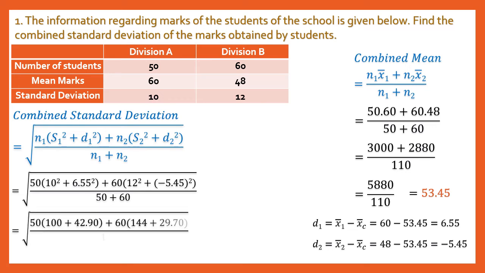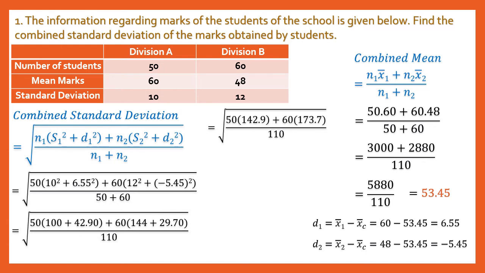So 50 into bracket, 10 square is 100, 6.55 square is 42.90, 60 into bracket, 12 square is 144, plus negative 5.45 square is positive 29.70, upon 50 plus 60, 110. Next we are going to add the values in the bracket. So 100 plus 42.90 is 142.9,